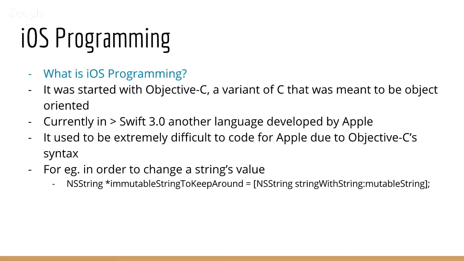So after he passed away, they decided to do something easier. They redeveloped the whole of Objective-C, discarded it, and made Swift. There's a Swift 3.0 here, but Swift 1, 2, and 3 are actually quite different in terms of syntax and how it works. Swift is backward compatible with Objective-C, so it loads in all the Objective-C code. All the apps you see today have a lot of Objective-C libraries supporting their functions, but they are now